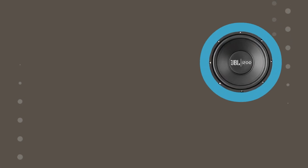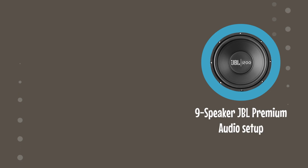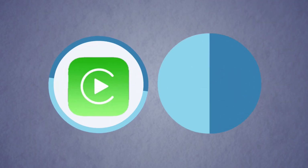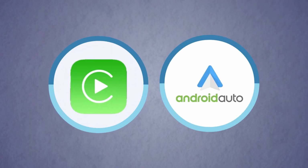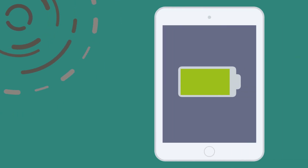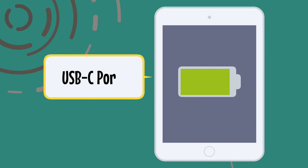But if you want to go even a step further, then the 9-speaker JBL premium audio setup has got you covered on the Hybrid SE and XSE trims. Apple CarPlay and Android Auto are also standard among all trims. Additionally, all your tech gadgets will never run out of battery thanks to the 2 front and 2 rear USB-C